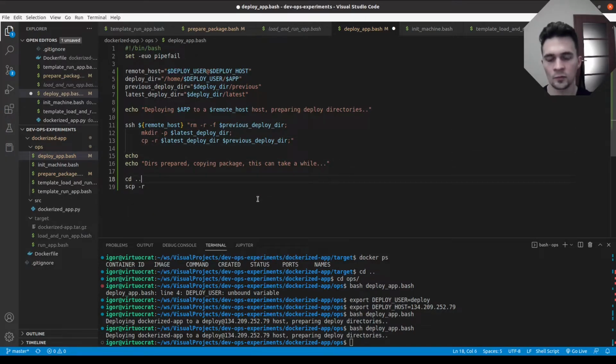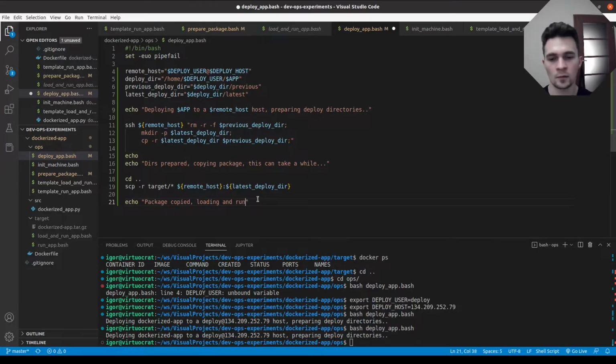Let's first go one folder level higher, so cd, and we will copy the contents of the target directory where we have our package to the remote host, into the latest deploy dir. That, and then we will say that package copied,